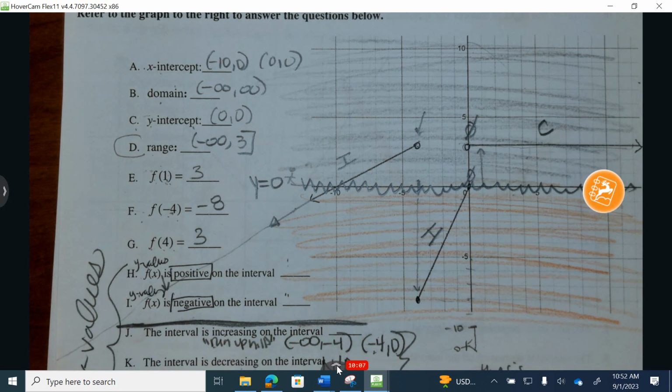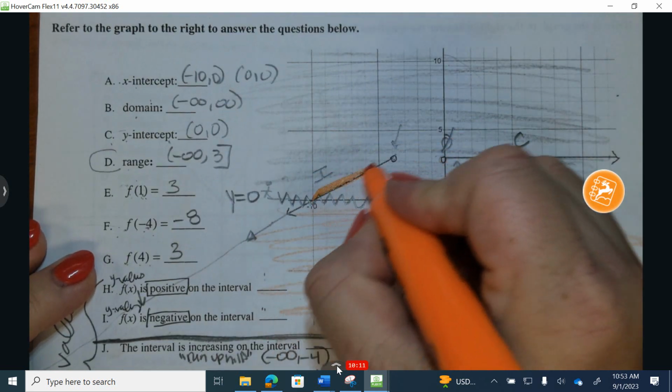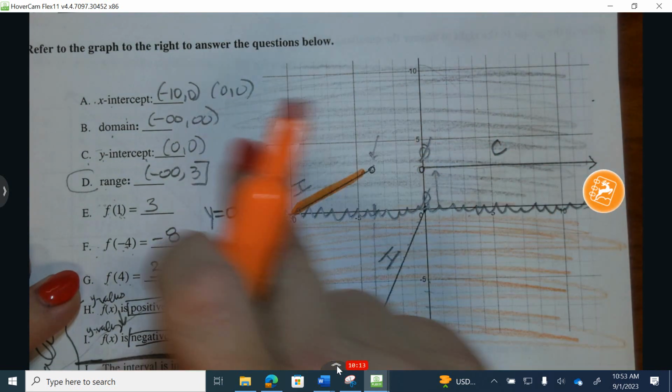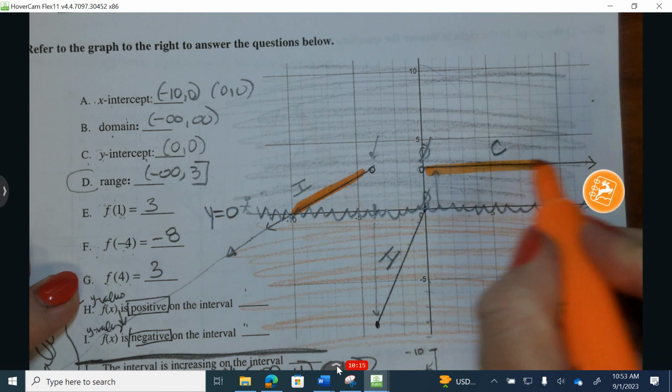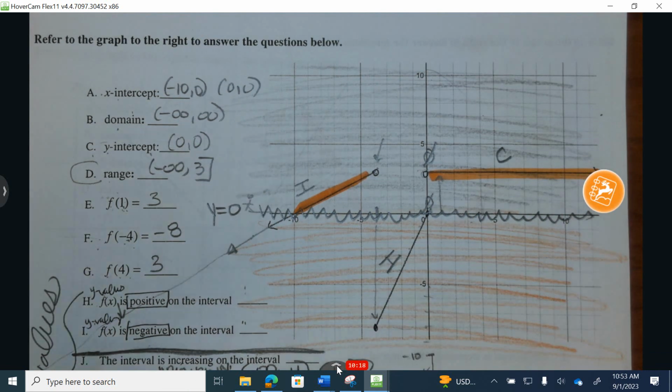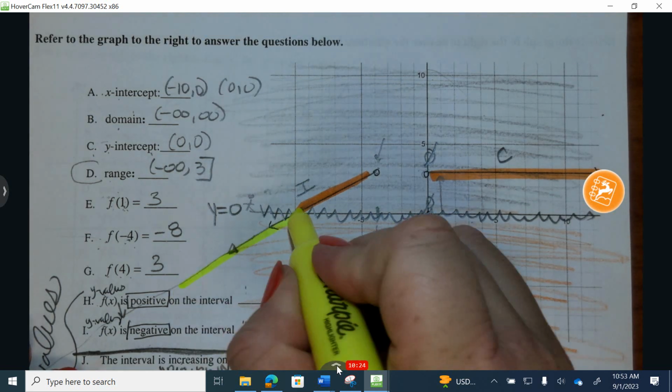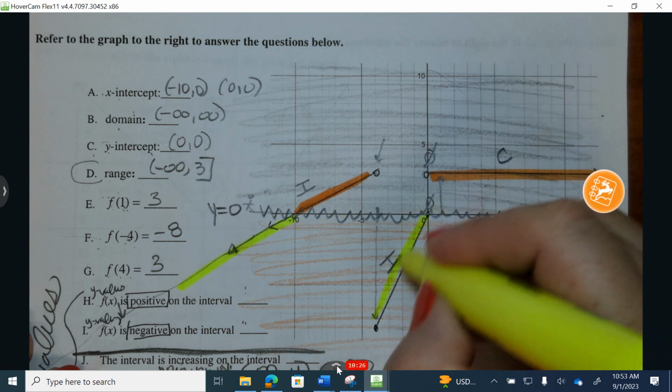I'm going to use a highlighter, and I'm going to mark the two sections of the graph. So this part is above the squiggly line, but it's still in the gray. And this portion is above the squiggly line and in the gray. I have two portions that are positive. Now using a different color, I'm going to illustrate where we have negative